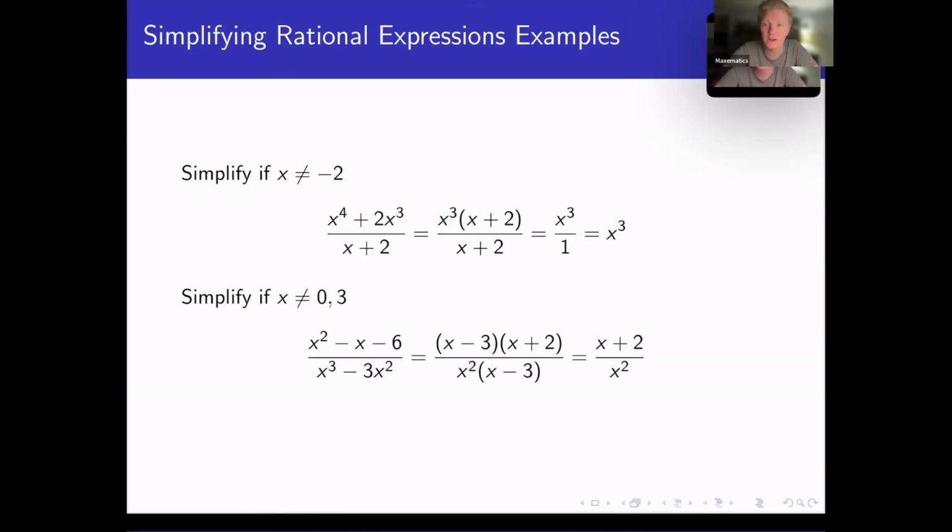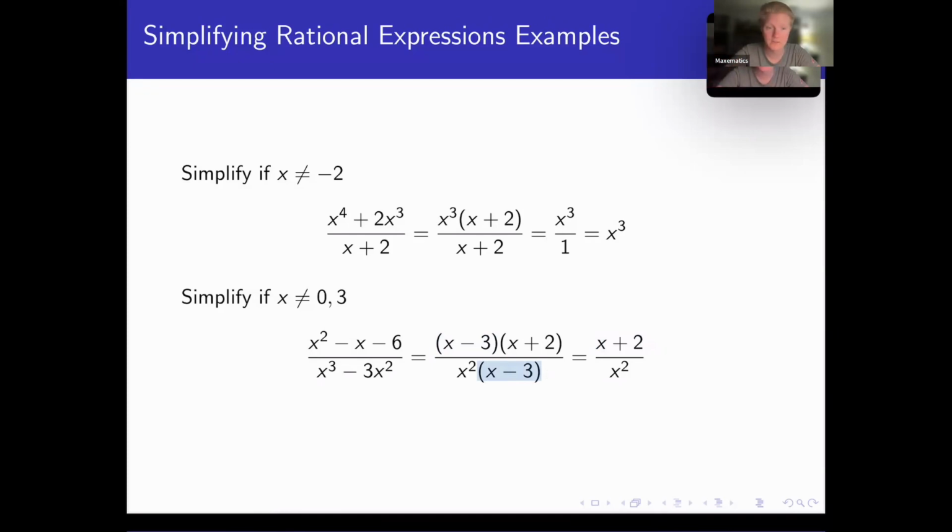And x plus 2 over x squared, perfect. And this is again where I want to stress that we can't cancel things out that are added or subtracted. Notice here you might be tempted to cancel out an x and an x squared, but we can't do that because this x has to be added to 2 first. So do not cancel things out that are being added or subtracted. Cancel things out that are being multiplied, right? Like here, x minus 3 is being multiplied by x plus 2, and x squared is being multiplied by x minus 3. Cancel out things that are multiplied and divided,